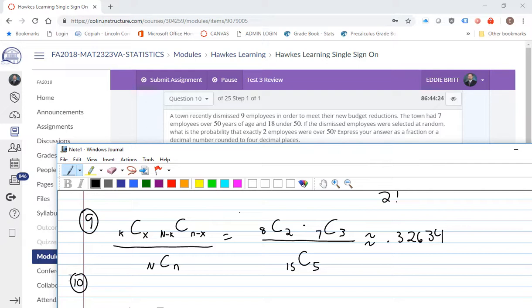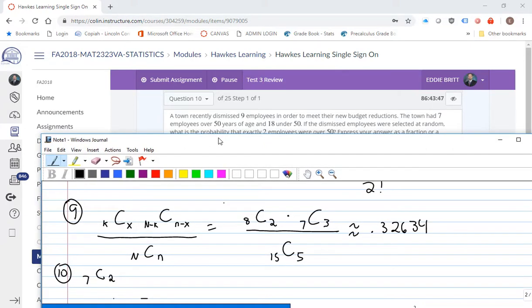So that exactly 2, that's going to be our x. Now exactly 2 over 50, how many total were over 50? 7 were over 50. So that's going to be our k. So we start out 7C, and then we said we want to know exactly 2. So it's 7C2 times,